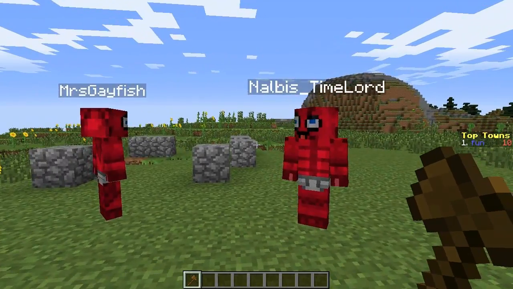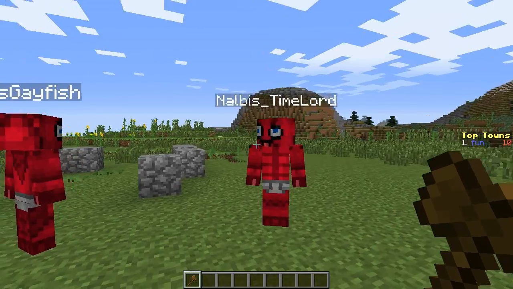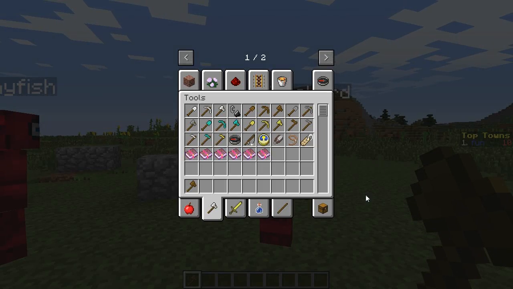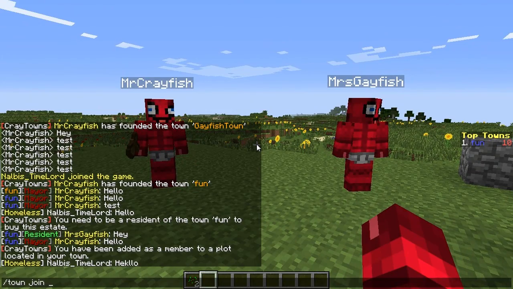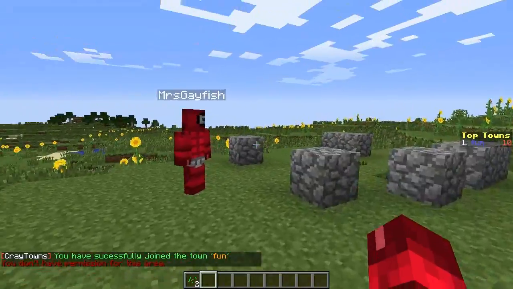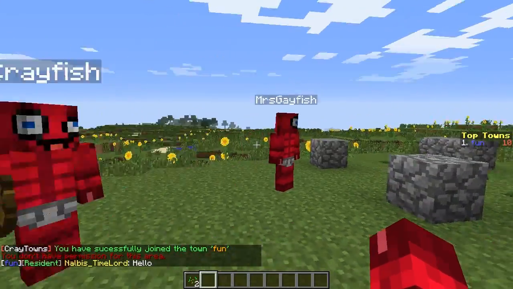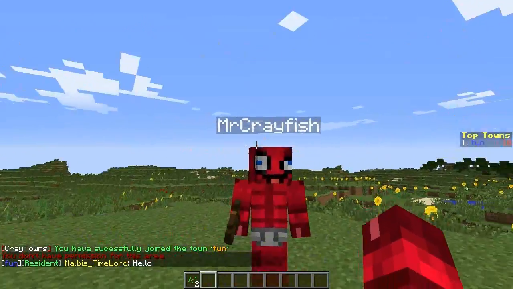Now I don't think I've put a message for this, so if we go into Nabus Time Lord here, we should be able to join. So we'll try now. So let's do town join fun, and it says you have successfully joined the town fun. So we're in it now. So if we type hello, you'll see that says fun, and we're a resident now,